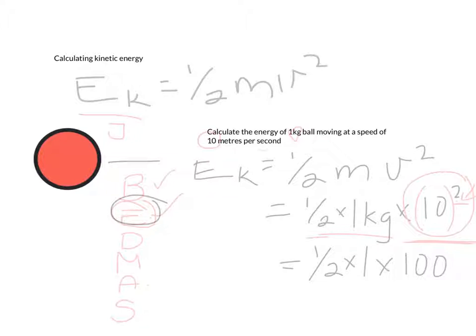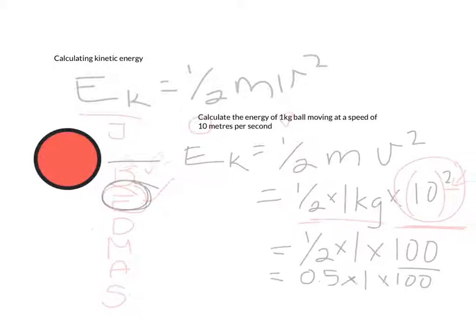So I'll just say it again, don't forget to do your exponent first, so that's the 100 over here. 10 to the power of 2 is 100, and once you've done that, because BEDMAS says to do that before you multiply, then you can go ahead and times it by the half times 1 times 100. So if you've got your calculator there, when you see the half, you can simply put a 0.5, a decimal, in your calculator if you don't have the fraction function in your calculator. So 0.5 times 1 times 100,